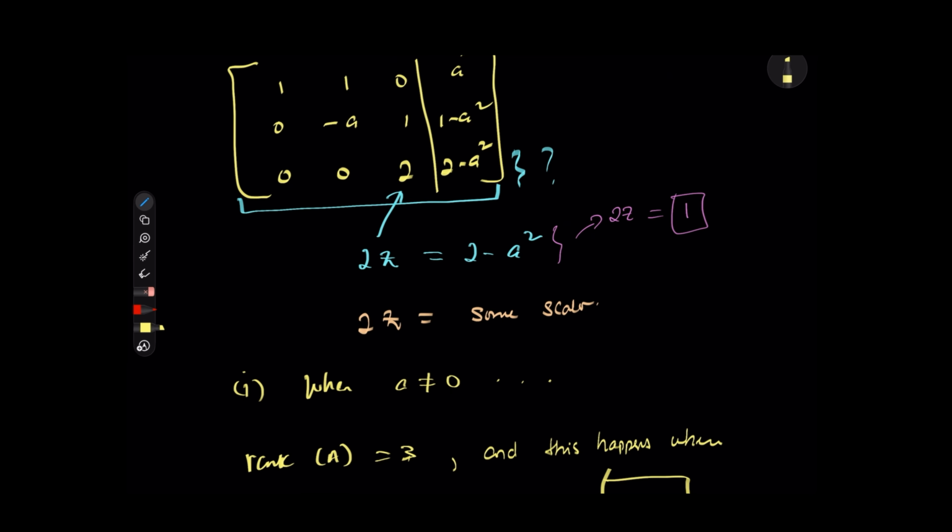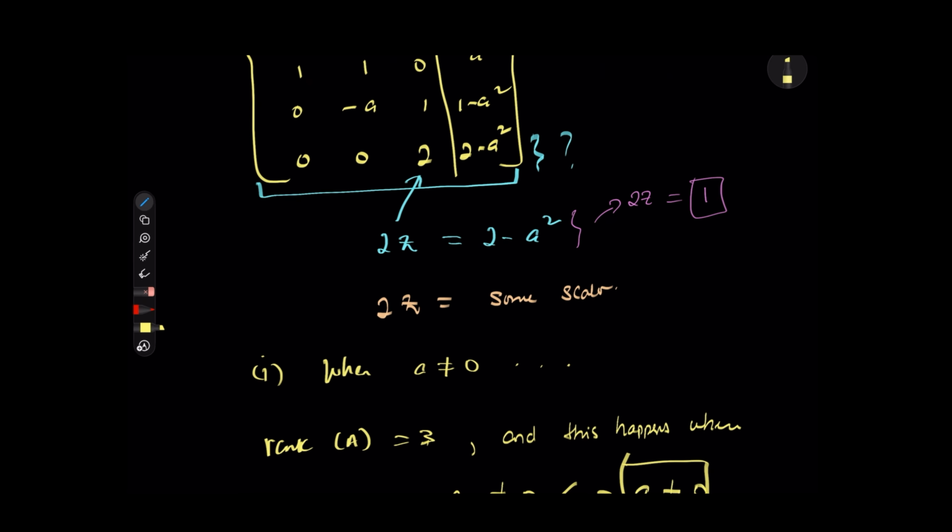Yes, I know that we have negative A here, right? But if we put a condition on A, then we could figure out what all the other pivot columns really are. So if the rank of this matrix here, I'm just going to call it A, right? Let's call it A. If the rank of this matrix A here is 3,